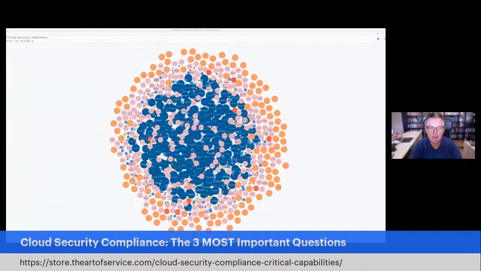What you're looking at here are the contents of the Kanban. In the link below, you can find it in the bar here, cloud security compliance at store.theouterservice.com. There is the Kanban that you can play around with, filter, search, read, scroll, all this data is in there. We've taken that data and pushed it into what you're looking at here, which is a knowledge graph, a knowledge